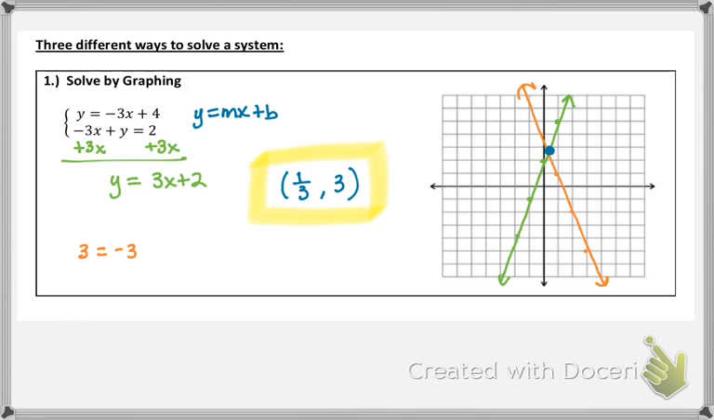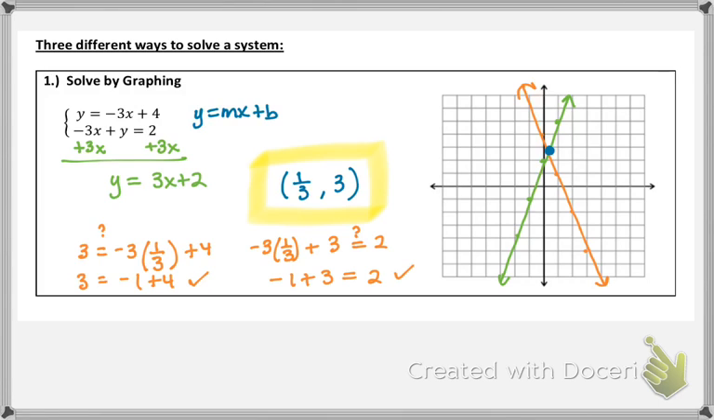3 equals -3 times 1/3 plus 4. Is that true? 3 equals -1 plus 4. And -1 plus 4 is 3, so that works. The second equation, let's check it. -3 times 1/3 plus 3, is that equal to 2? That's -1 plus 3, and that is equal to 2, and that is also right. So